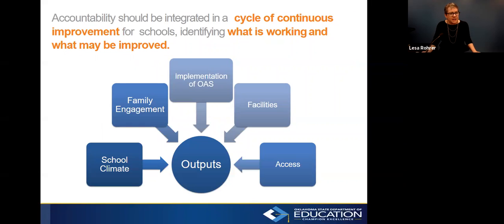Accountability should be integrated in a cycle of continuous improvement for schools that identifies what's working and what may be improved. We measure the outputs, but we know that there are several inputs that are also important. Things like school climate, family engagement, the implementation of the Oklahoma academic standards, facilities, and access. And when we talk about access, we're really looking at equity. Access to opportunities, access to resources, access to teachers, access to those partnerships. These are things that are not directly measured within this school report card, but they are an indirect part of this